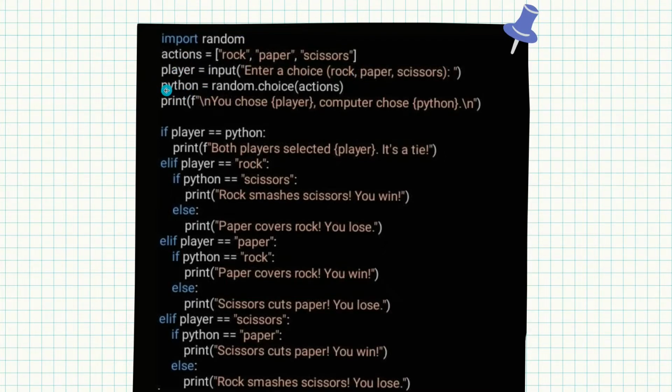नेक्स्ट विल टेक अ वेरिएबल कॉल्ड पाइथन द सिस्टम। ओके, दैट इज इक्वल टू random dot choice। Okay, random is what? The package। What it will do, it will choose anything in actions। Actions is a list of 3। सो इधर क्या होगा, इन तीनों में से कोई भी चीज रैंडमली पाइथन को असाइन हो जाएगी। नाउ व्हाट यू वांट टू डू, यू विल टेल एवरीबॉडी ओके प्रिंट। यहाँ पे हमने इनपुट लेना सीखा, यहाँ यू विल ट्राई एंड अंडरस्टैंड हाउ टू प्रिंट अ स्टेटमेंट, हाउ टू गिव एन आउटपुट।